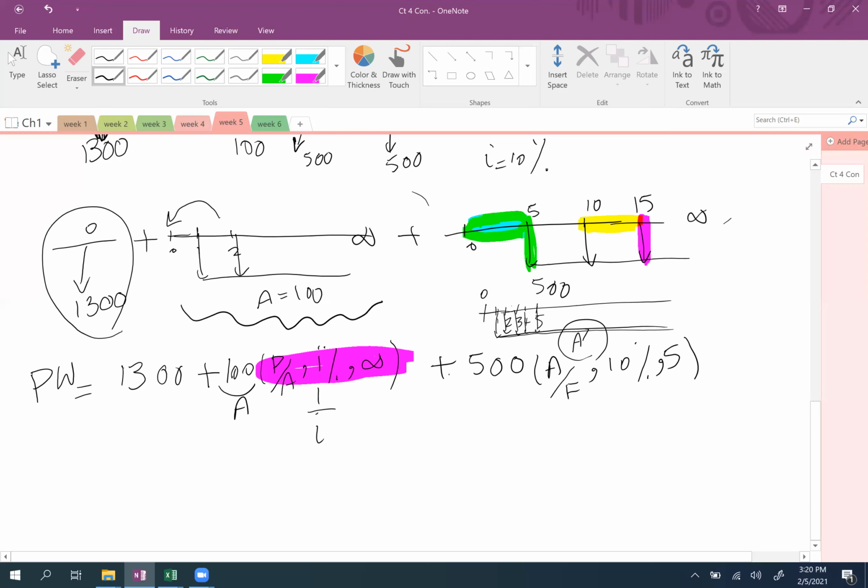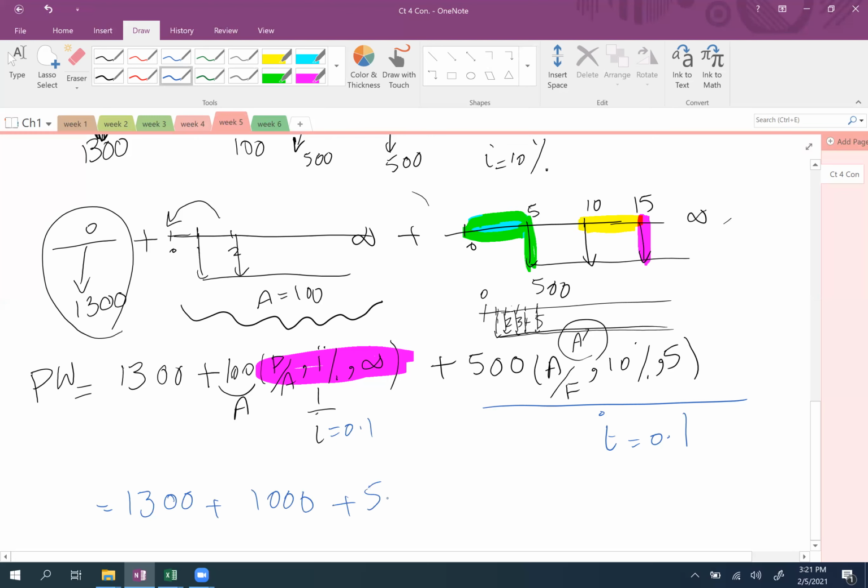I wanted to shift this to time equal to 0. So I do have A, I have to multiply it by P given A, I% and infinity, which we know is equal to 1 over I. So I simply divide this by I, and I know I is 10%. So finally, if you do the math, since all the cash flows are in negative sign, that's why I didn't put the negative sign. It will be this plus